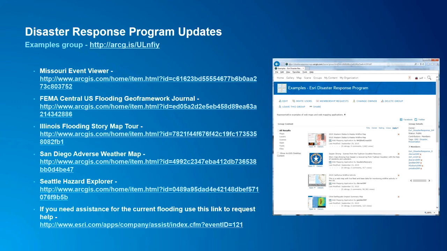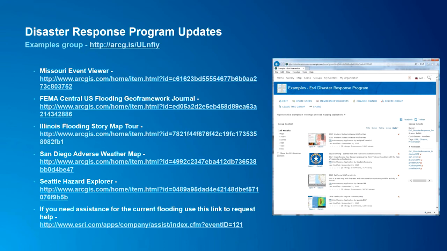And as we curate good examples of people putting the platform in action into this group here and through the disaster response program, I've added 5 new entries to this collection this month, and I'm going to show you examples of these, and you'll have links to these after the webcast. And so again, this is something that we want to continually highlight.